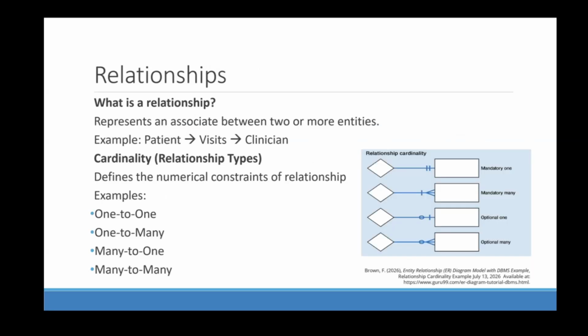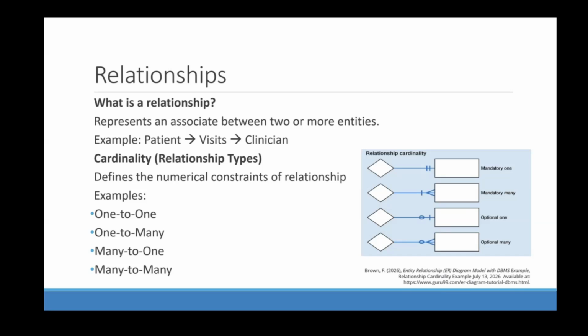Now, you might have heard me mention before about relationships. And once again, we want to think of relationships as a verb because they connect entities together. But relationships can have attributes too, for example, the visit date. The best example to give is a patient goes to a visit and goes to the clinician. As part of this relationship, there's something called